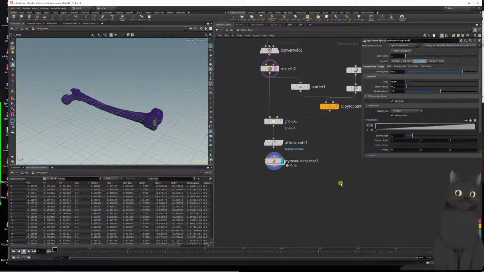These are visualized here with a bigger temperature. So you can play with these settings here in the Pyrosource spread node, but basically in temperature change